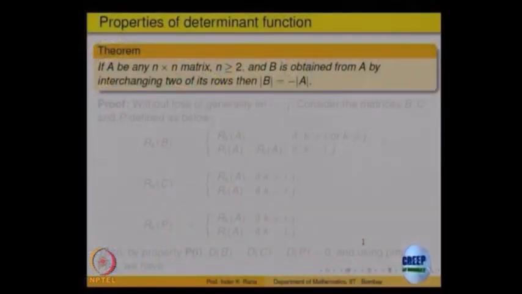So these three properties. Let us look at the first one: if A is an n cross n matrix, of course order bigger than 1, since for 1 there is nothing to prove, and if we interchange two rows of the matrix, you will get a new matrix, right. The claim is that the determinant of this new matrix is minus the determinant of the original. You must have used this property for determinants left and right. What we are going to do is show that this property is a consequence of those three properties. So let us see how.